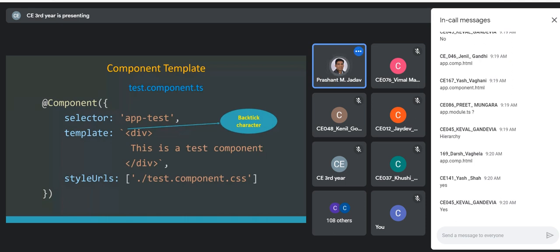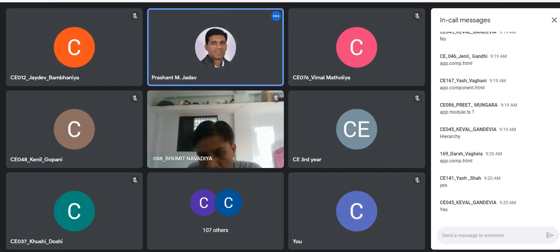And we know that this is an element selector because this is a simple selector name that we can refer to in another HTML file. Now we have to refer to this selector within the app component's view.